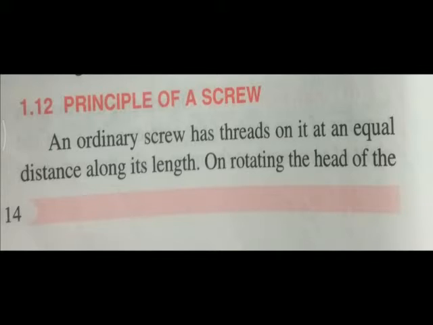So our next instrument is the screw gauge. The least count of the screw gauge is lesser than that of the vernier caliper. That means the measurement done by the screw gauge is more precise than the vernier caliper, because in the screw gauge the readings we get are up to 3 decimal places.